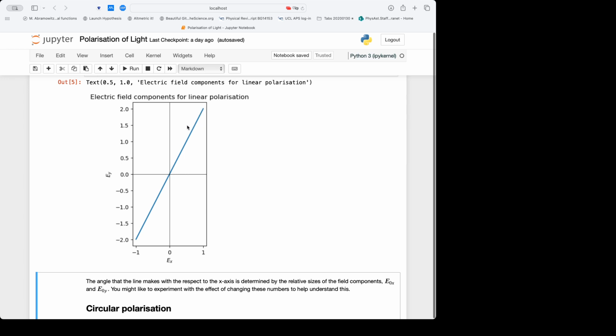And so this is what's happening over time for the linear polarization. It's plotted in the XY plane. Later on, I'll show you some 3D plots. Now, what you can do is you can change the relative magnitudes, and I'm sure you can understand that if